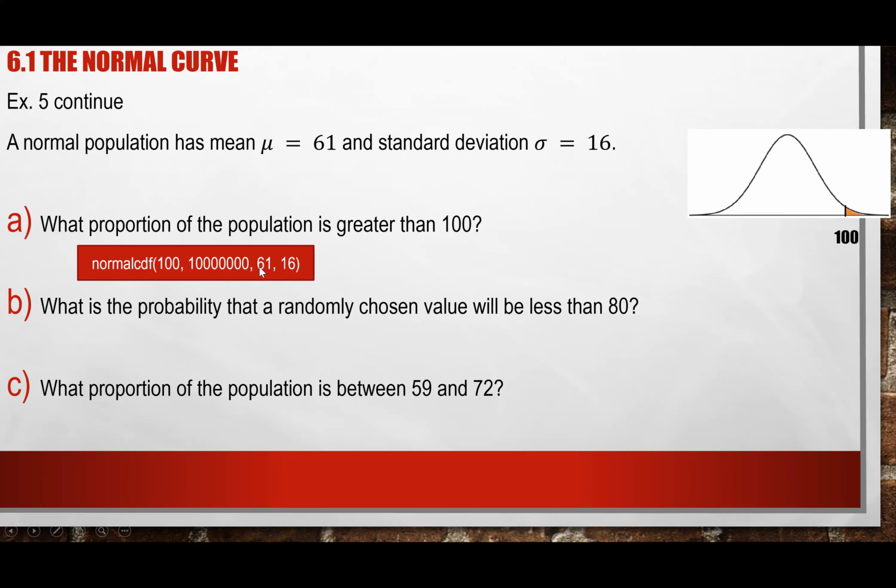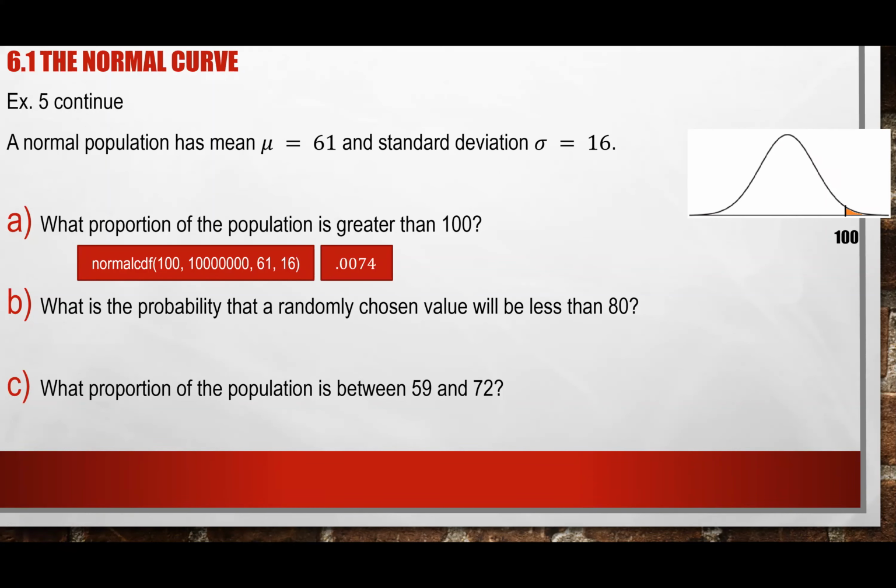So looking at this thing here, everybody see where my 61 comes from? My 61 is the mean. And again, my 16 is the standard deviation, right? Which is, again, my data is normal. That's why we're doing this. Again, without this thing here, we stop. Right? So mostly they will tell you your data is normal. Okay. So again, once you type this thing in,